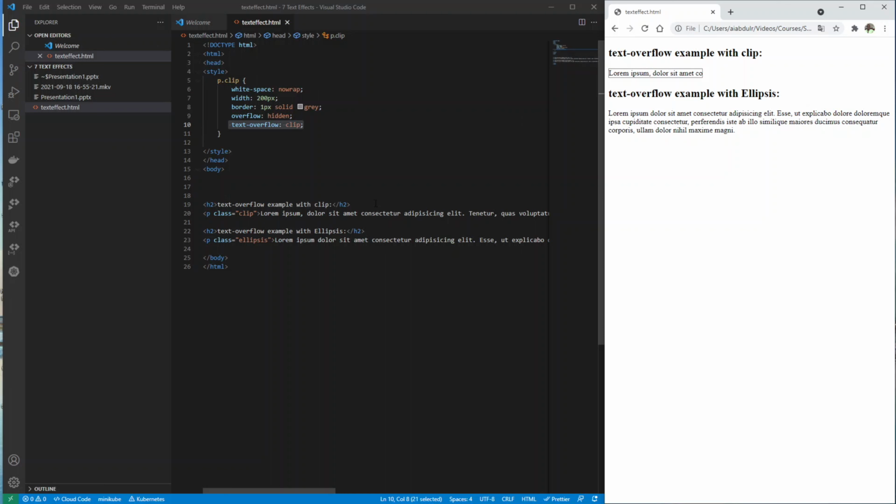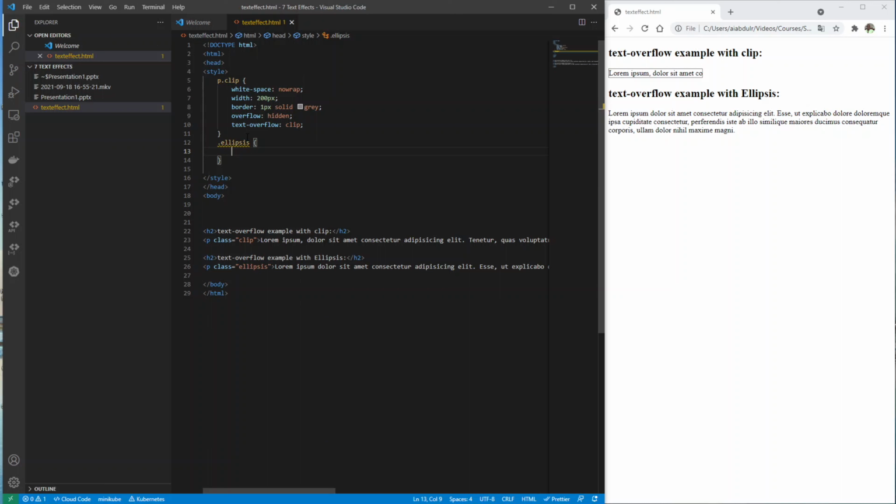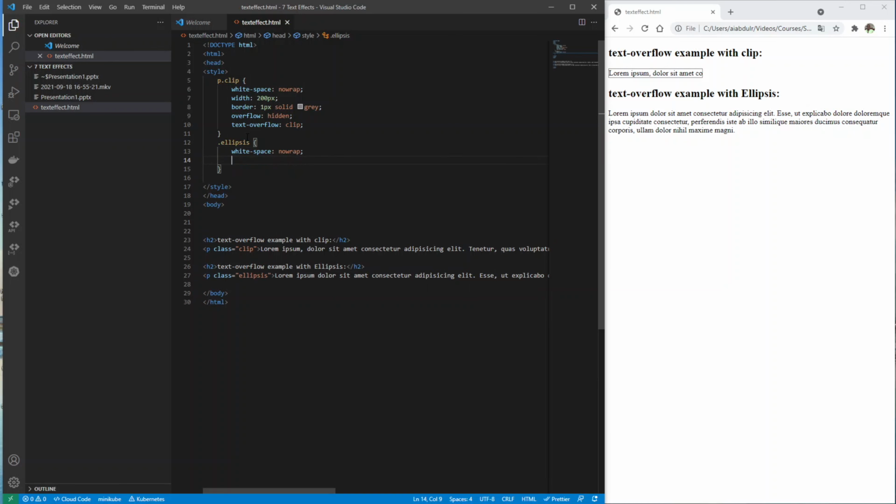We are going to do the same again with this content right here, which is the ellipsis, and then we're going to compare the difference. So let's do that. We have our P, our dot ellipsis, right? And then here we are going to do the same thing, white space, we don't want it to wrap. And then we are going to have a width, same width, set to 200 pixels,